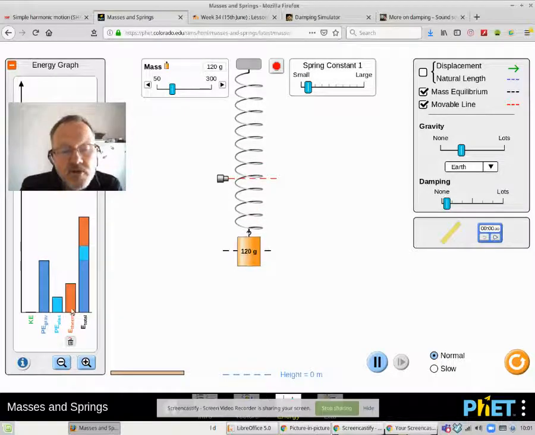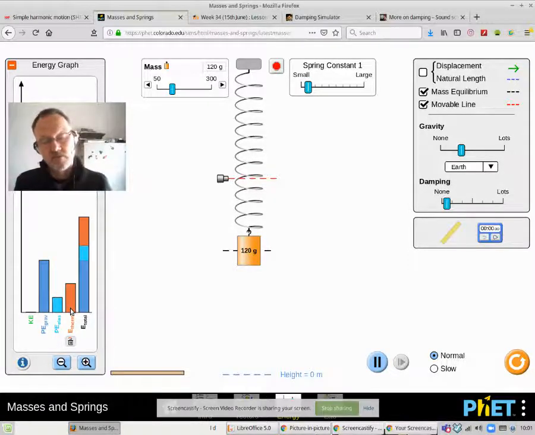Over on the left hand side there's a key difference in that this time we've now got some thermal energy generated. So the total energy is still the same, but some of that energy that we started with has become thermal energy, and we're going to talk about where that thermal energy is. So if we go back to our PowerPoint,